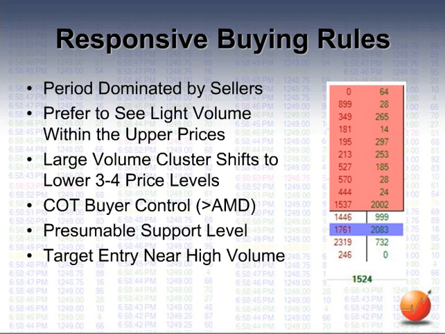Question, well, what is light volume? Okay, well, in this particular case, all of the volume is 400 or 500 contracts or less. And then suddenly down at the bottom we see 2,300, 1,700, tremendously different, right? 3x. All right, so we want to see that the volume above us has been fairly light, and there's a reason